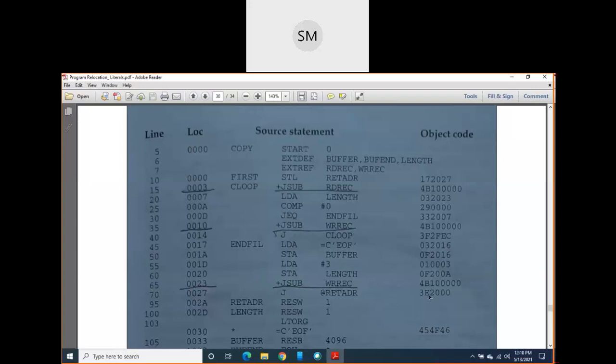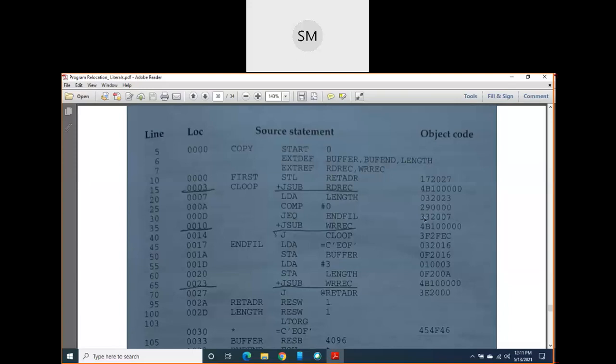One homework: find the object codes for the program on page number 83. Also find the object codes for the program on page number 91.